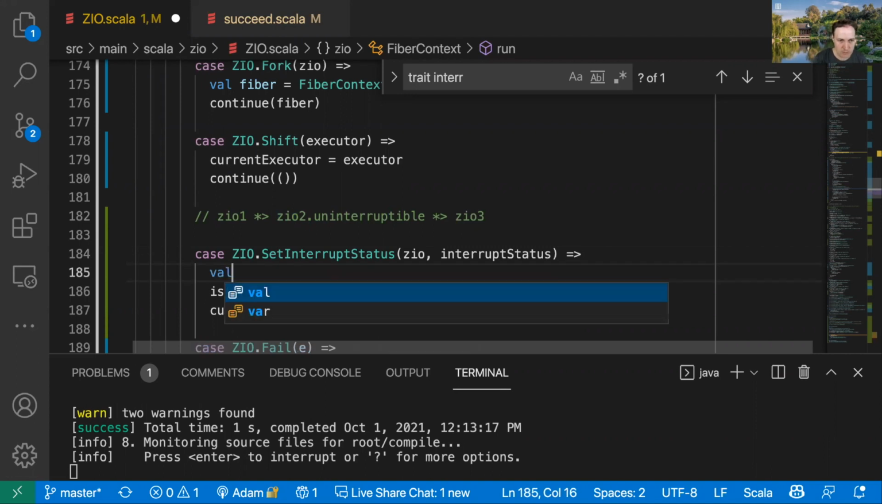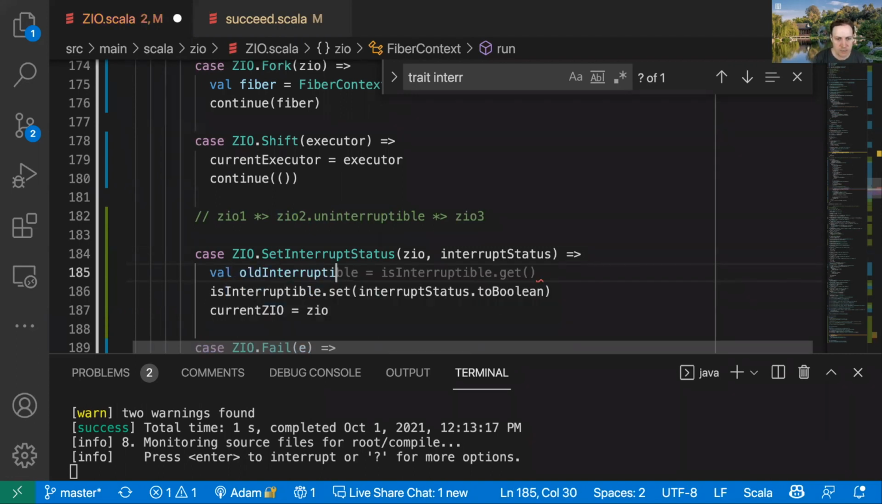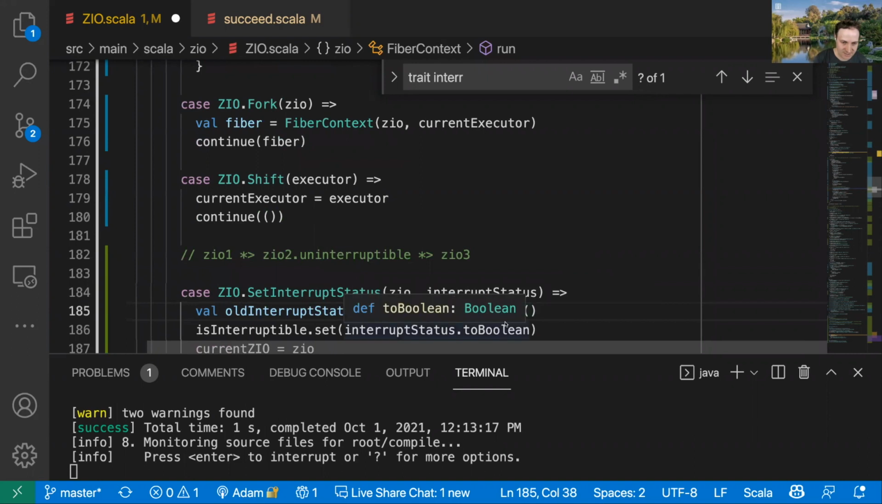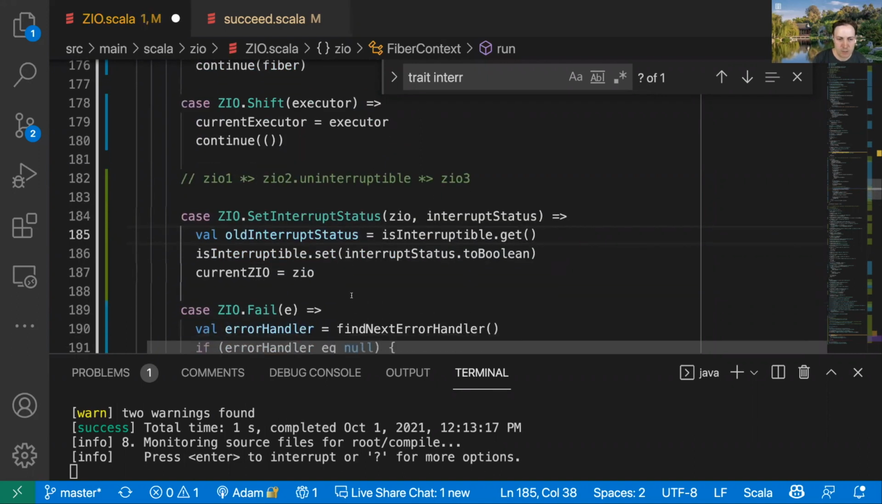So what we could do is say val old interrupt status is equal to, oh, we might need, and I'll make a from Boolean. Actually, I think we can get away without that, because I think we can just call this old is interruptible, let's say. Oh, there you go. And then there are a couple of different ways we can do this. One of the trade-offs as we implement these things is that our version of ZIO is getting powerful enough that we can either do them directly in the run loop,